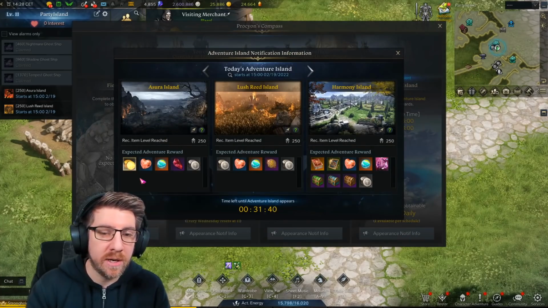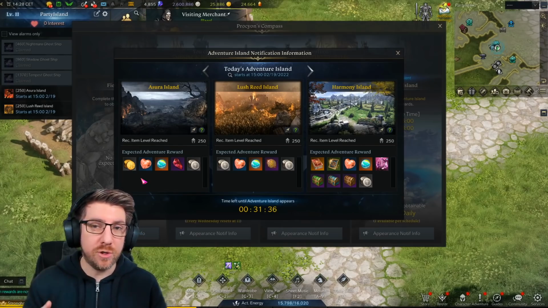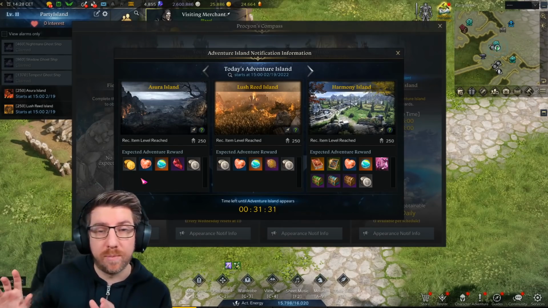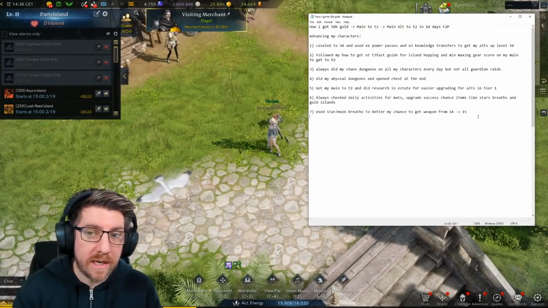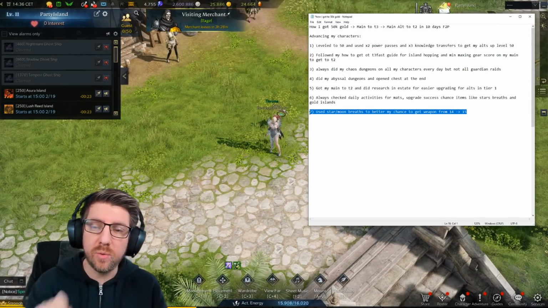Then one like this one, I'll always make sure to do it to be able to get gold, so that I can push my characters further if I need to buy more upgrade materials or buy more blue crystals, for example. Next up, when it came to upgrading those materials that increase your chance, I would always make sure to